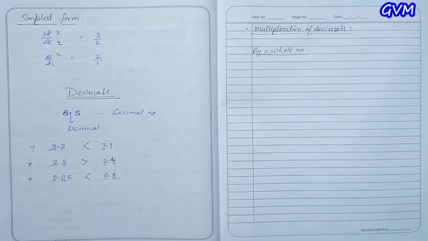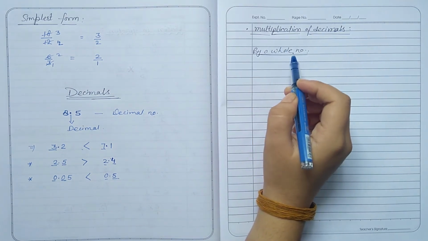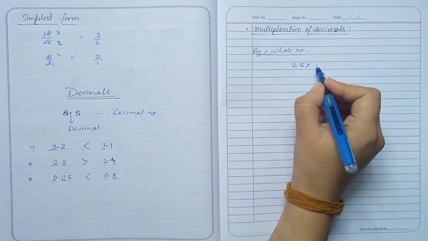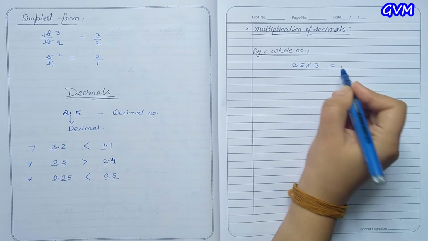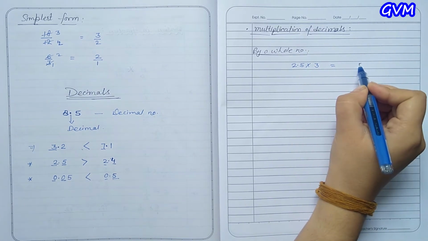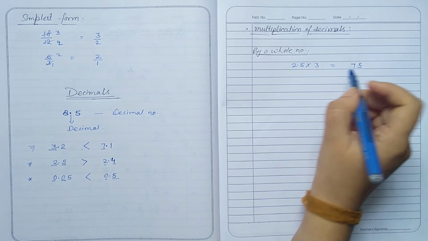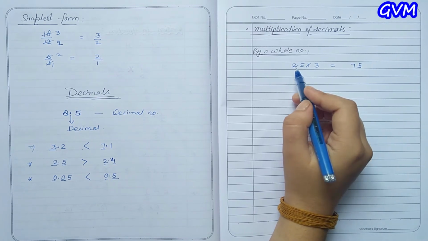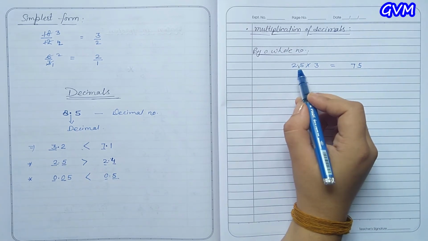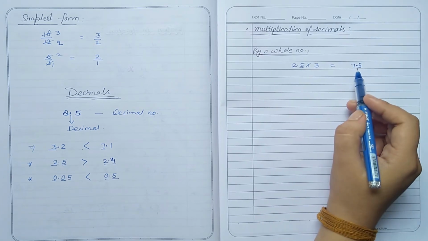Now multiplication in decimals. First we will see how to multiply a decimal number when the other number is a whole number. So let's take an example, if we have 2.5 and I want to multiply it with 3. What will you do? Just simply multiply it as we normally do. 3 5s are 15 and 3 2s are 6 and 1 is 7. So 75, or you can simply multiply 25 into 3, that is 25 3s are 75. Now after multiplying the numbers, see the number of digits after the point. Here is one number after the point, so put the point before one number.